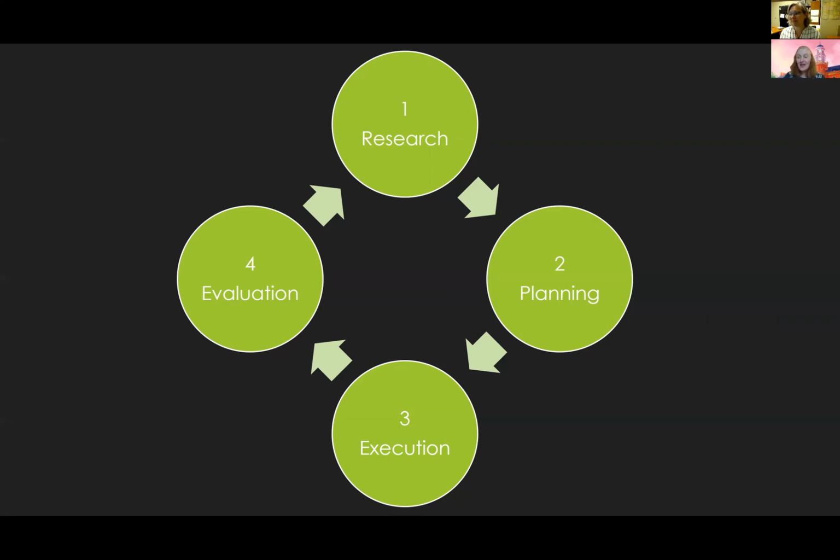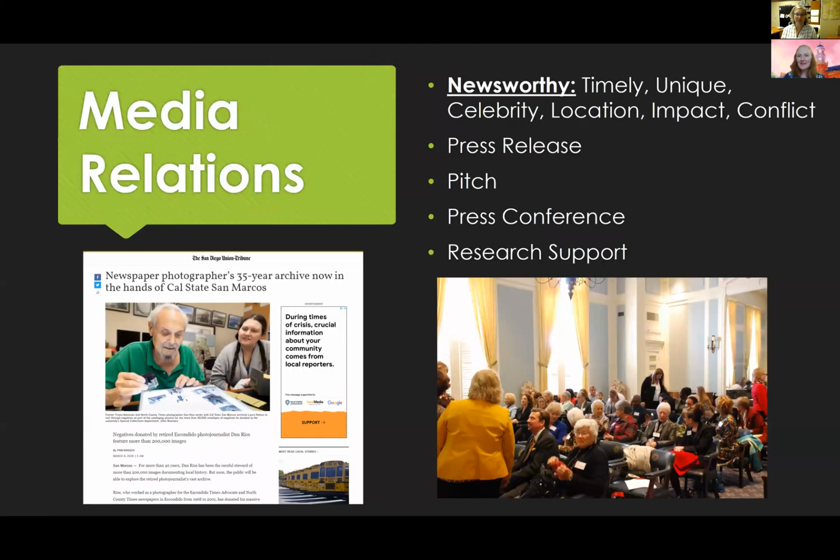Well, we're going to move on. So, like I said, people tend to get excited about the tactics. And oftentimes that's where people want to start. And so you can see if you've done your research, you picked your audience, you picked your goals, that's going to help us pick the best tactics for what we want to do. So let's talk about some fun tactics. I think people get excited about the tactics because oftentimes it's an opportunity for us to get really creative, and that is always fun. So media relations is a strategy that we use in a lot of promotions,